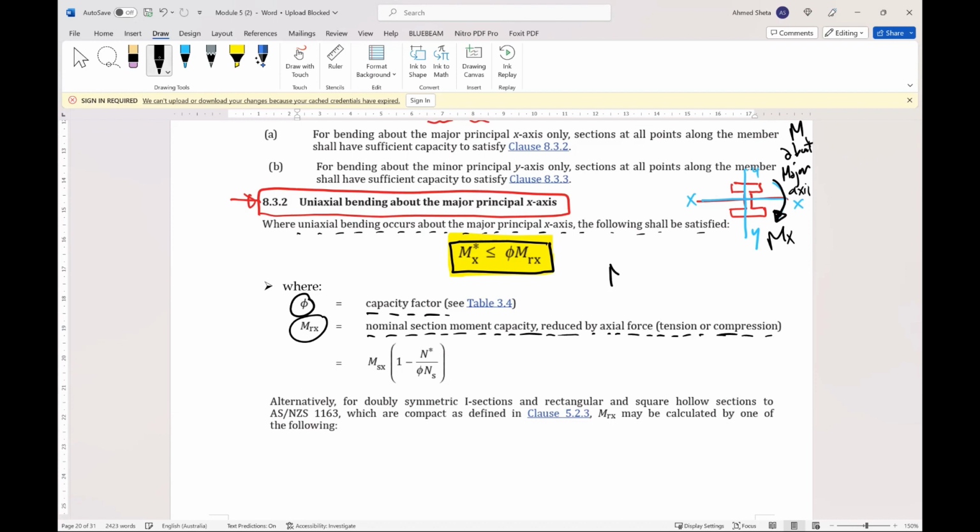and Mrx is the nominal section capacity reduced by axial force. So because we have M and N, the section capacity will be reduced, and the reduced capacity will be Mrx. So Mrx equals Msx times 1 minus N star over